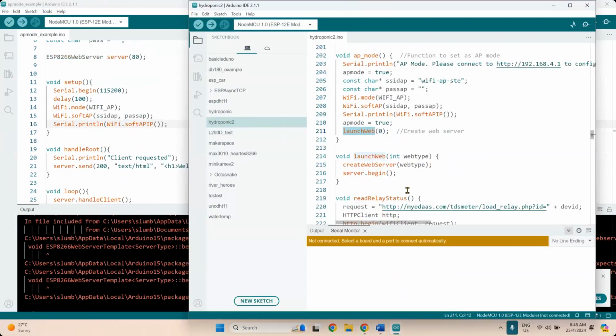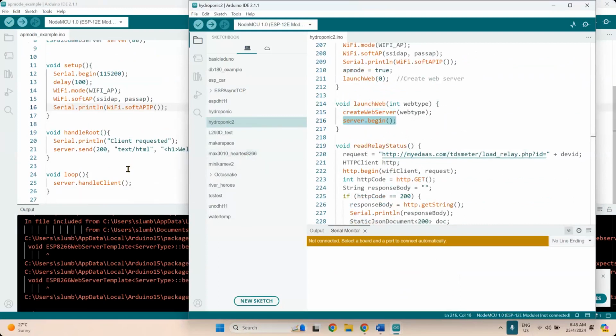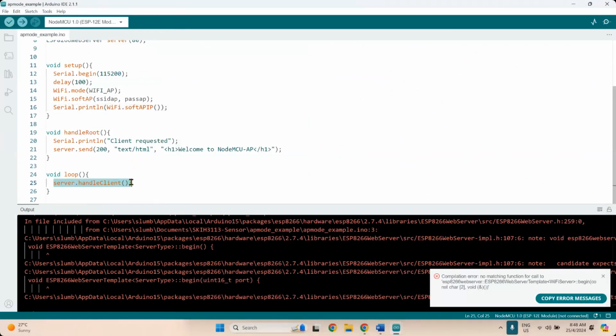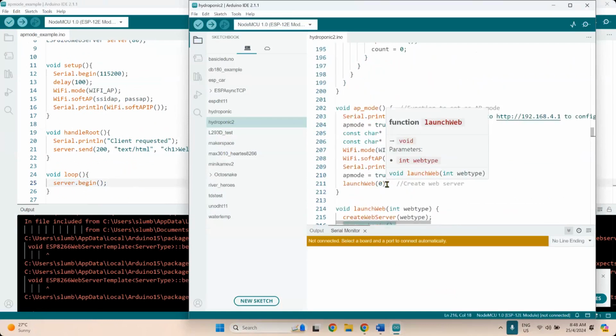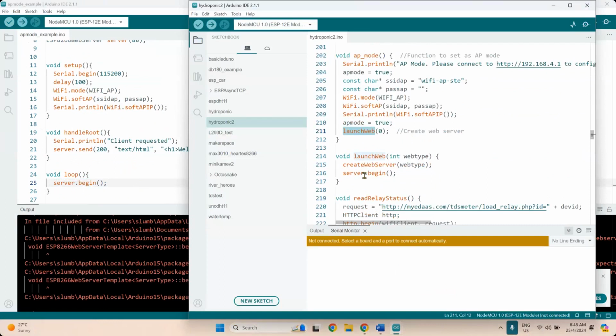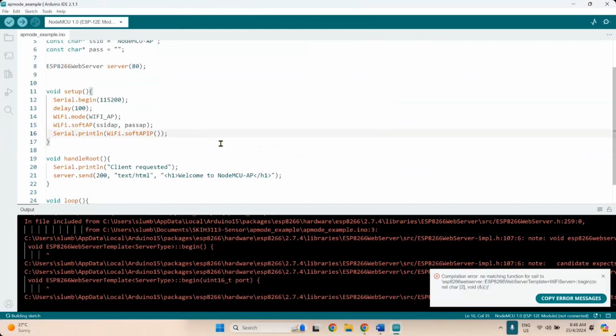And then this is just to launch web, create server, server.begin. Okay, this one is server.begin. AP mode, serial, launch web, just give it a call. Server.begin, sorry, not here. Server.begin should be here.